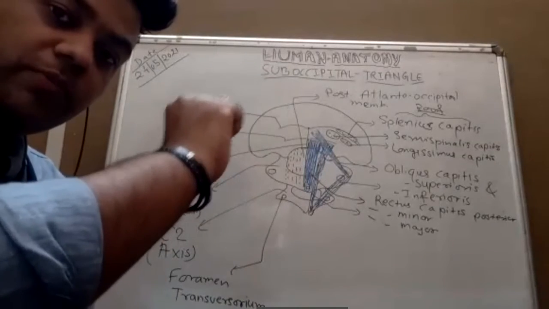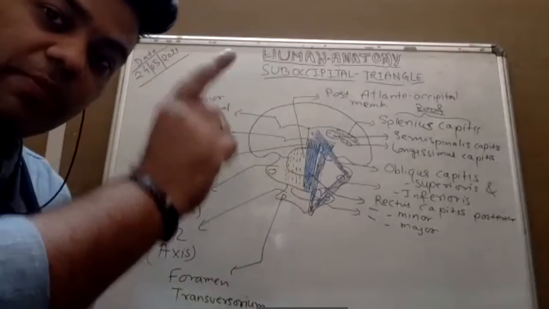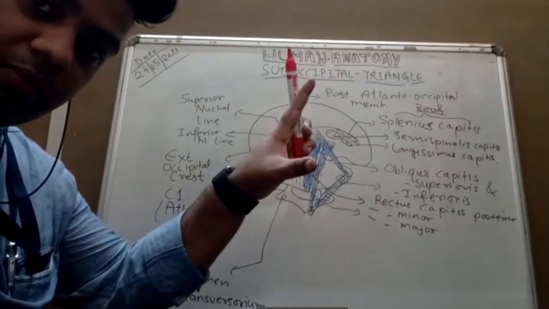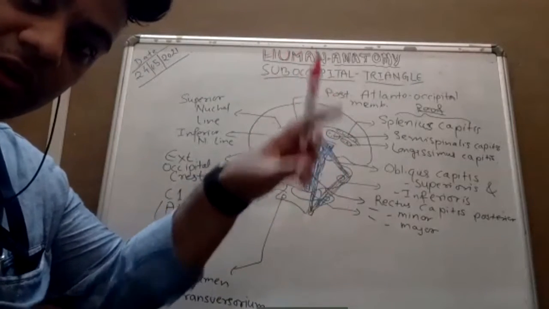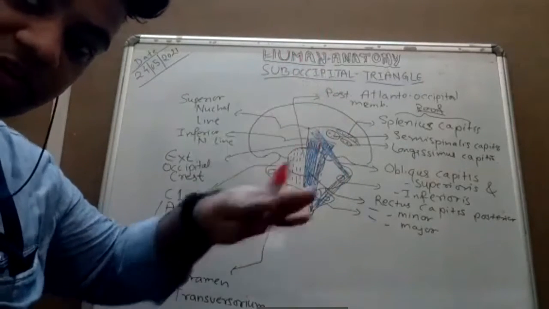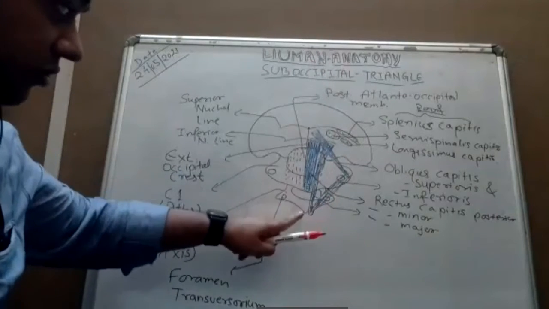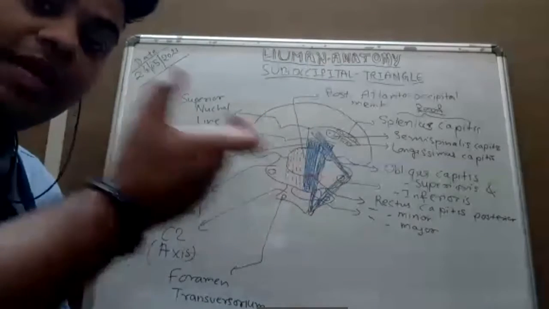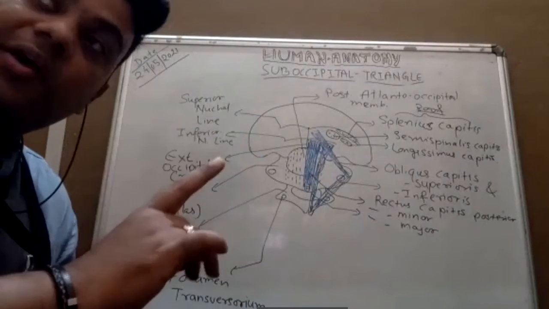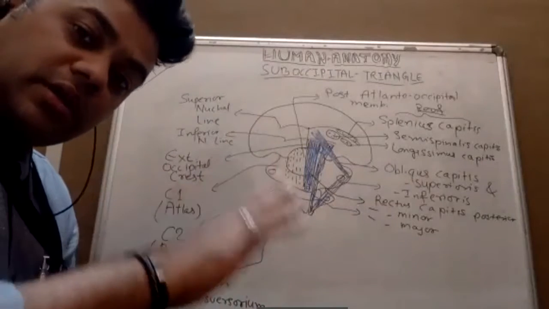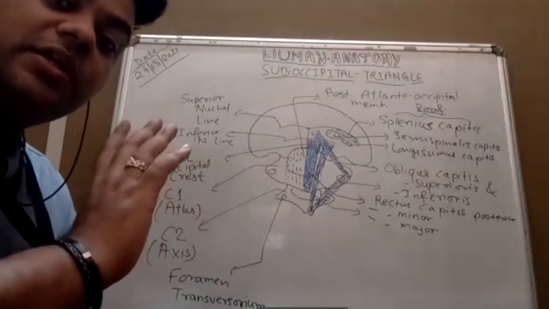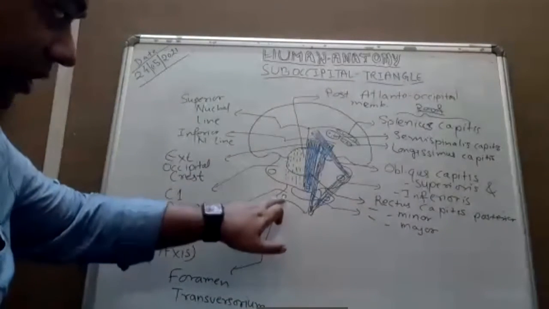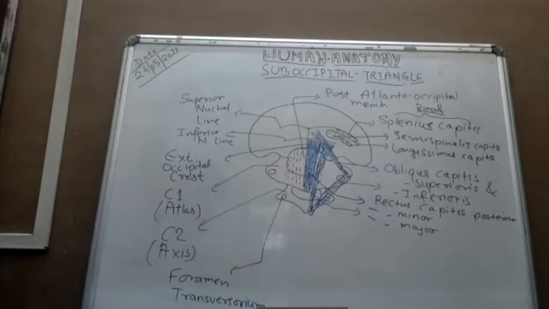So from the C6 cervical vertebra, through its transverse foramen, it ascends through all the upper cervical vertebrae, right from C6, C5, C4, C3, C2, C1. The vertebral artery passes through the transverse foramen of all of them, except the seventh cervical vertebra. The seventh cervical vertebra has a foramen transversarium, but it does not transmit the vertebral artery. All the upper six cervical vertebrae transmit the vertebral artery through their foramen transversarium.